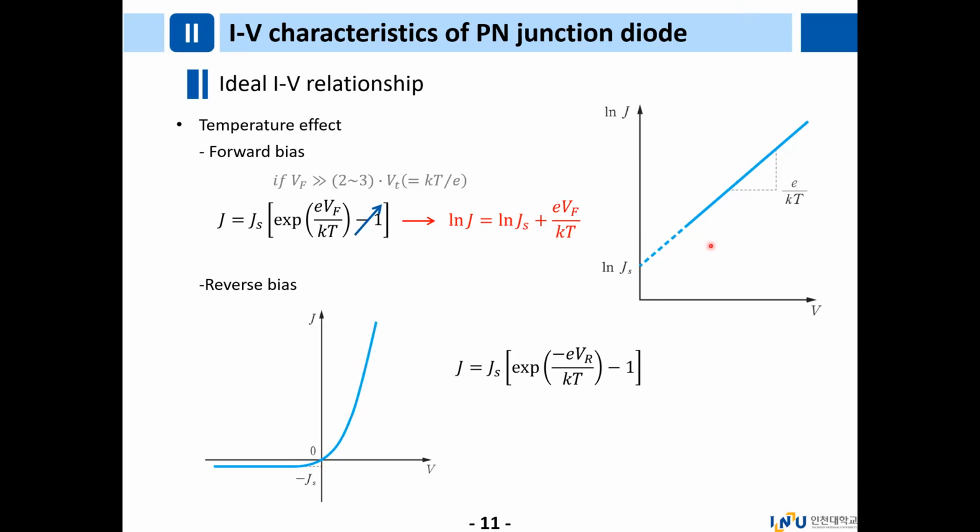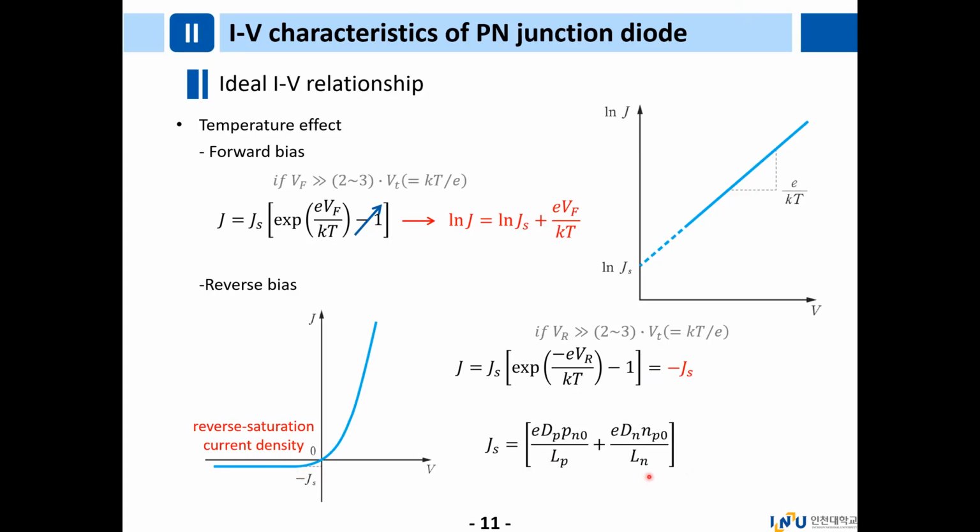Conversely, if the voltage is reverse biased by several times the thermal voltage kT over e, then the reverse bias current density becomes almost constant regardless of the reverse voltage, and Js at this time is called reverse saturation current density. So this Js